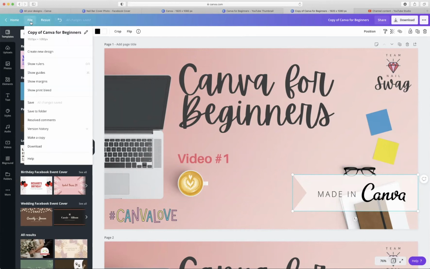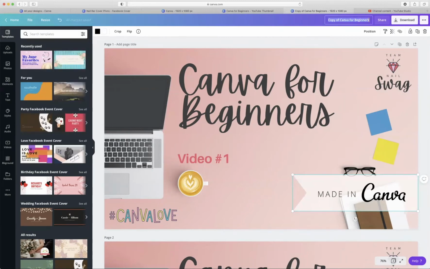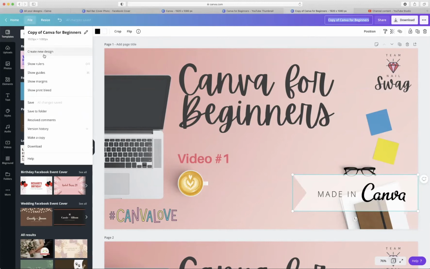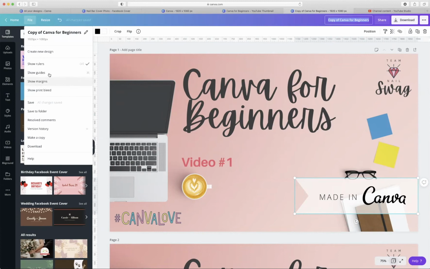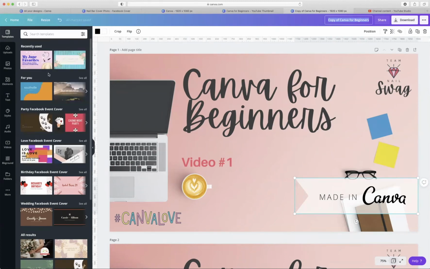Another helpful menu, I guess you could say, up here in the blue and purple toolbar is file. So you can see the name of it. You can rename it here, or again, like I said, you can just double click the name and rename it right there. You can automatically create a new design. You can show rulers so that you can see literally how many pixels there are. If you were super, super exact, chances are you probably won't use that one. But hey, it's there. You could use the guides,